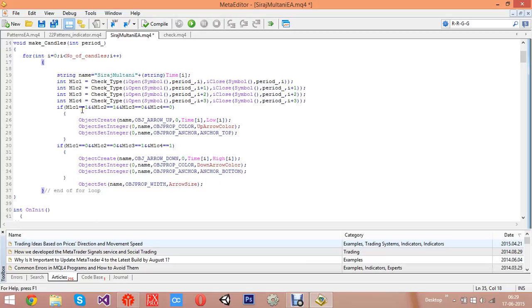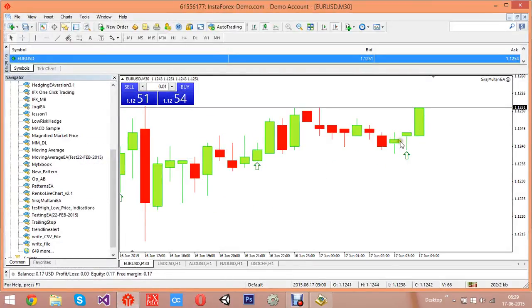So it will iterate from the 0th candle to the 500th candle, and it will check every candle. For every candle, it will see the last three candles. For this candle, it will check these three candles, and if the pattern is formed, it will make an arrow on this candle. For this candle, it will see the last three candles, and yes, there is a pattern, so it will make an arrow over here. Similarly, for this candle, it will see the last three candles, and there is no pattern, so no pattern over here. So for every one of the 500 candles in the history, it will check,